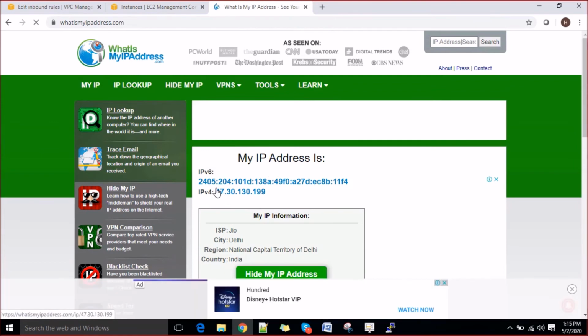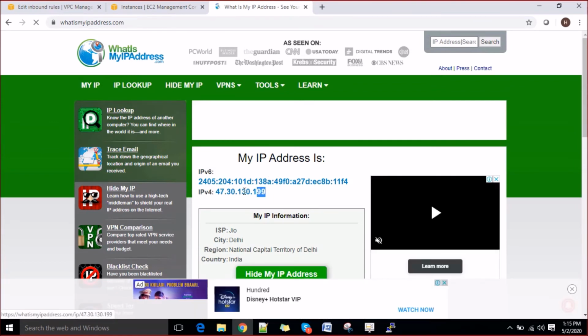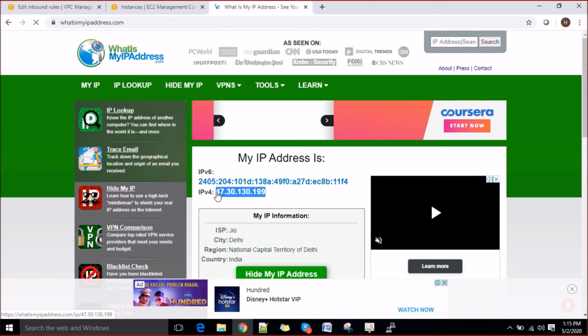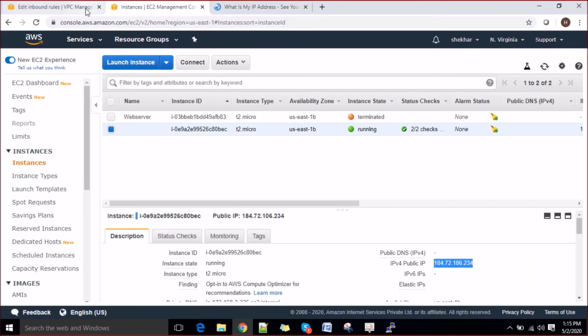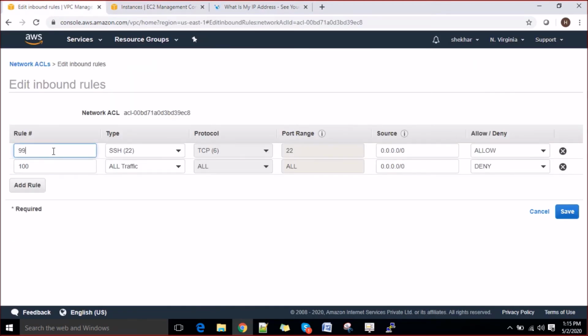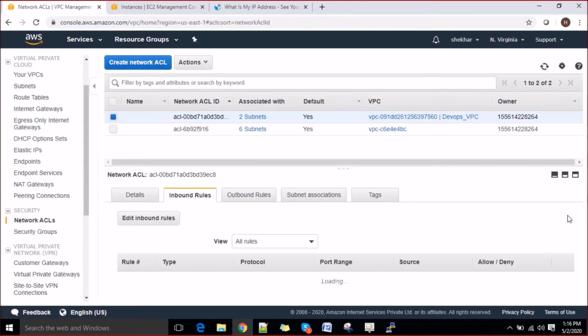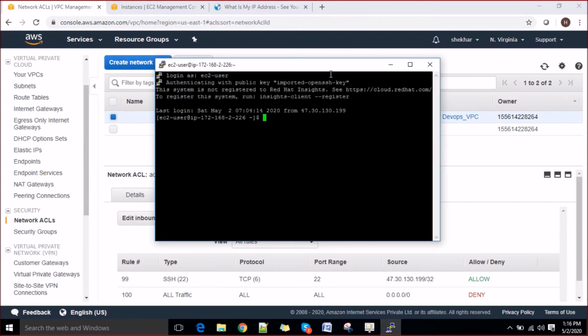Also, one thing to keep in mind here, guys: whatever this rule says, everything is denied, right? So the highest precedence will be taken here. The 99 rule has the highest precedence, right? That's why I am able to access this instance. So instead of this I would have said allow it from here only, from my gateway itself, right? So if I validate this now,